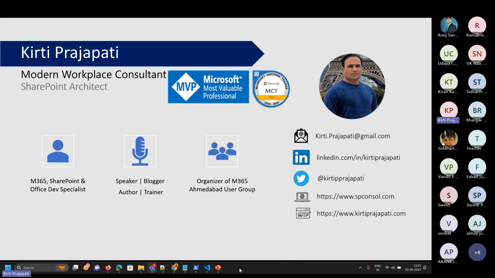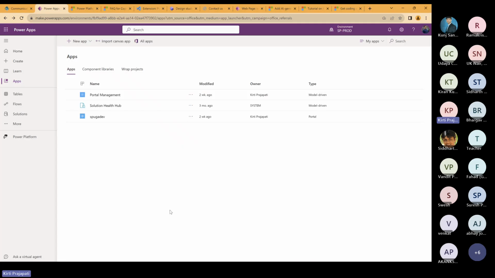And now let me directly come to the point. So in the previous sessions, you know that there are different options to create the power pages and websites. So I'll start with the first one, the development or the environment from where you can just create those sites, right? So for example, here you can see